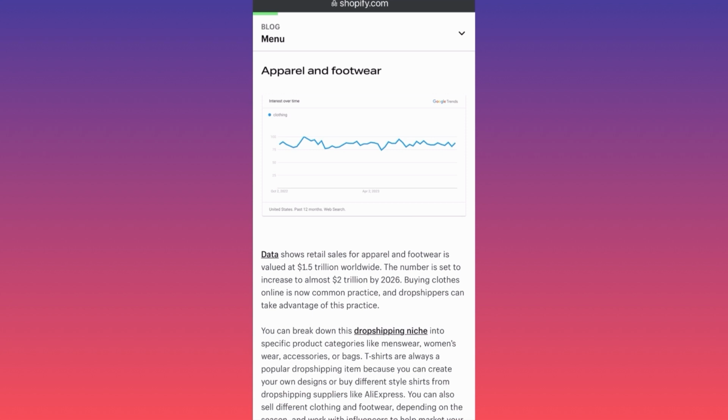As you can see over here, the data from Shopify simply indicates that retail sales for apparel and footwear are valued around $1.5 trillion worldwide. The number is set to increase by $2 trillion by 2026. To be honest, I've watched plenty of dropshipping videos for people in 2023 that made a lot of money